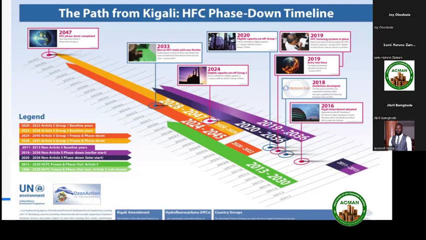They grouped it into developed and developing countries. Developed countries have started phasing out since 2019, following the Kigali amendment, which was adopted in 2016. The UK and other European countries are grouped into group 1.